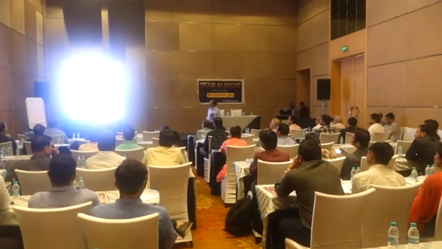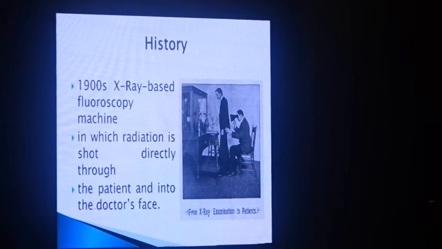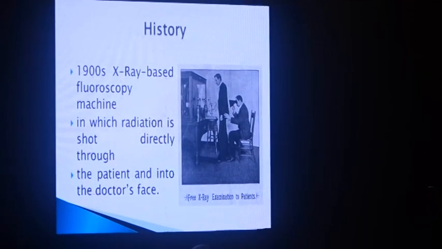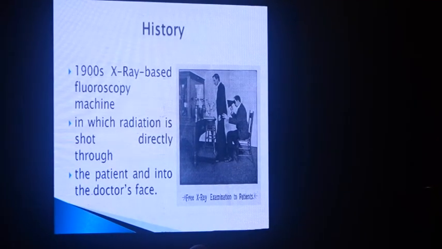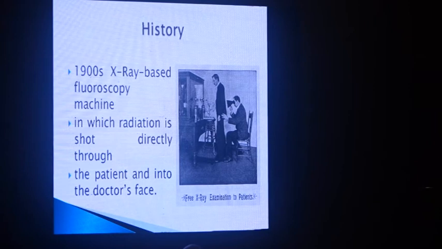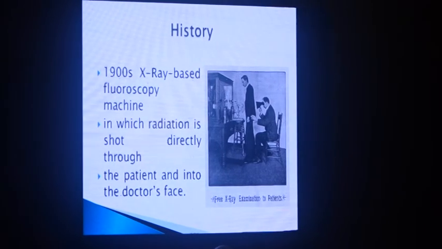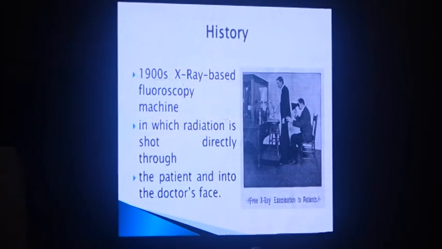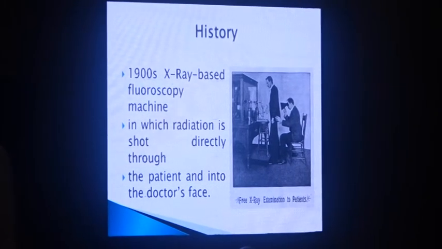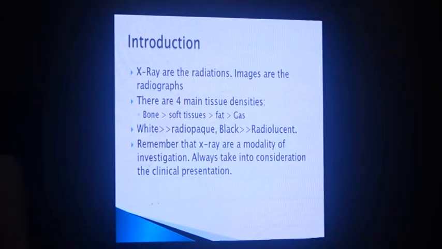In 1900, the machine in front of the patient was generating the X-rays. Because there were no film cassettes, the physician used to stand or sit behind the patient and directly try to visualize the X-rays. So the entire X-ray exposure came to the patient and onto the doctor's face at that time. We say Xerox for photocopy. Anyway, this X-ray chest and X-ray abdomen have been taken synonymously with this diagram of the chest as well as abdomen, and we have already covered this.